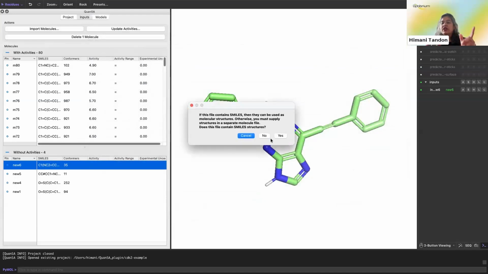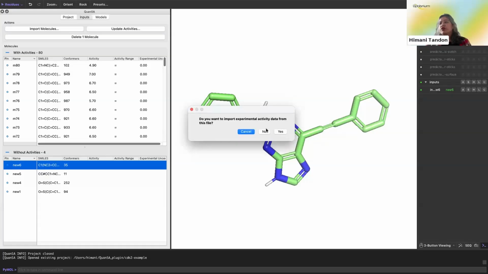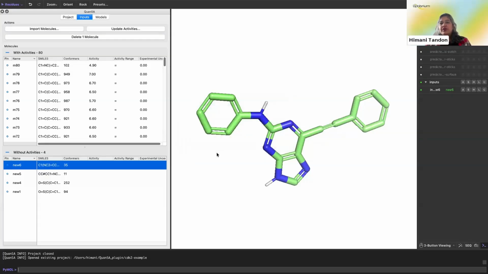It would ask you a lot of questions. And then once you select it, you don't want to import the experimental activity data because you don't have it. I'm not going to import it right now, but once it imports, it again calculates all the possible conformers for these molecules, and it would list this under this panel where you don't have any activities and you want to predict the activities of these molecules.